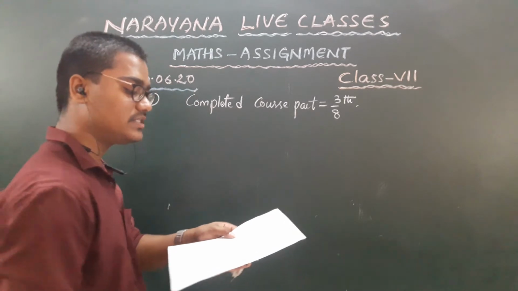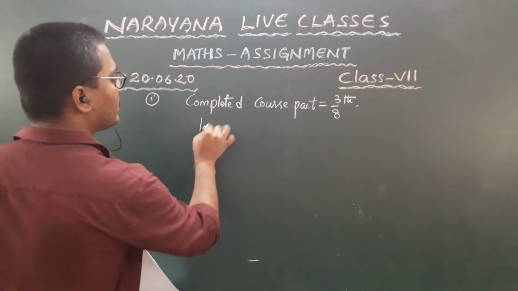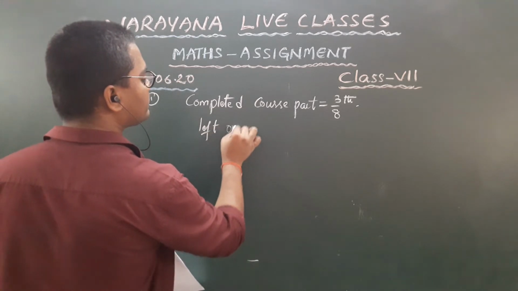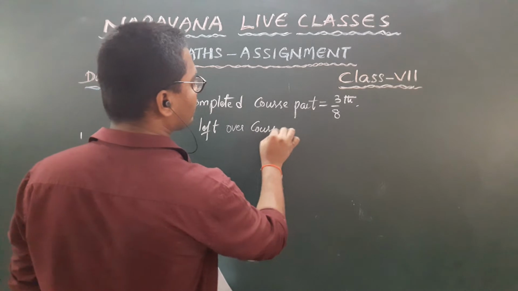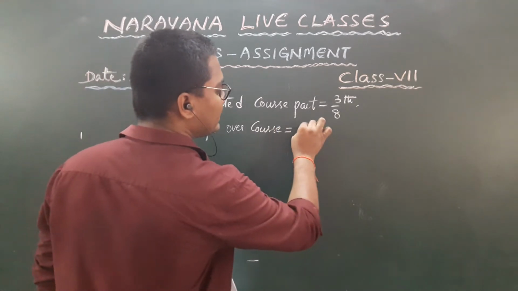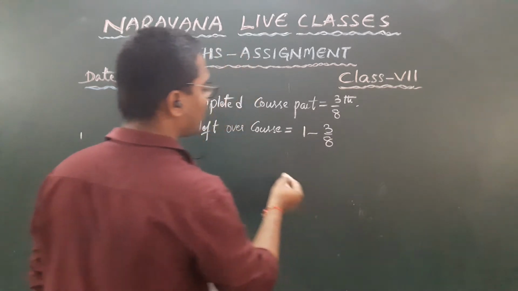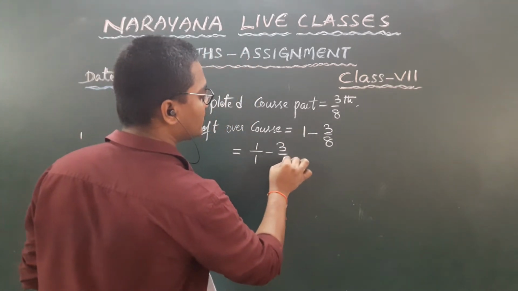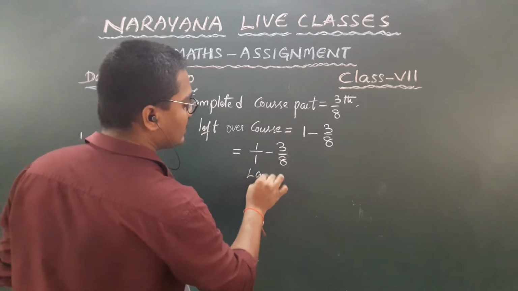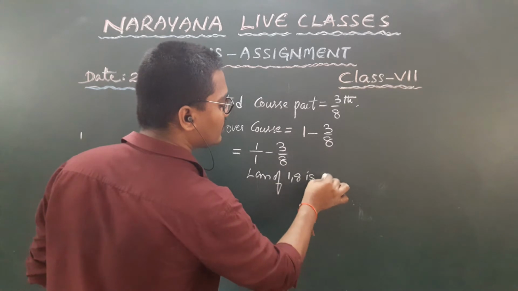Now find out how much of the course content has been left. Okay, so the leftover course content is equal to, it is nothing but what, children? It is 1 minus 3 by 8. Okay, that is equal to, 1 can be written as 1 by 1, minus 3 by 8. When you take the LCM of the denominators, that is 1 comma 8, the LCM of 1 comma 8 is 8,